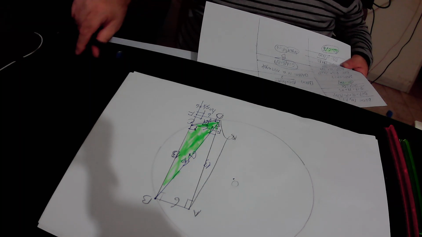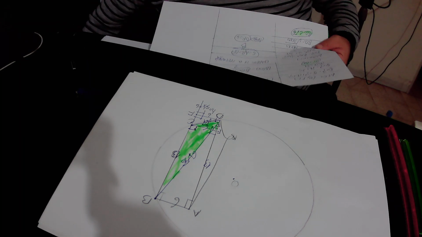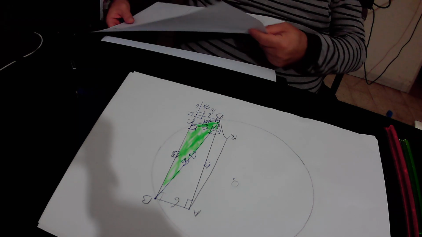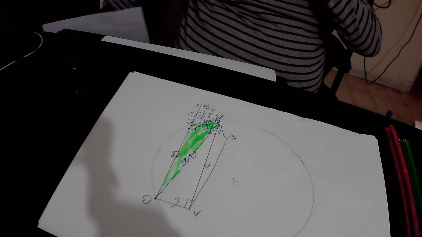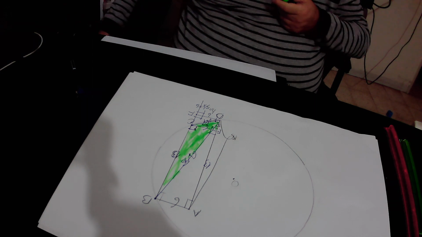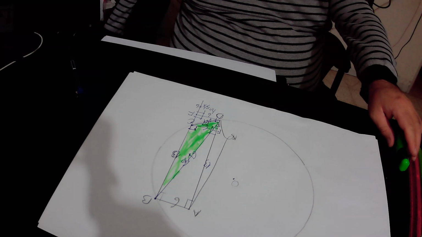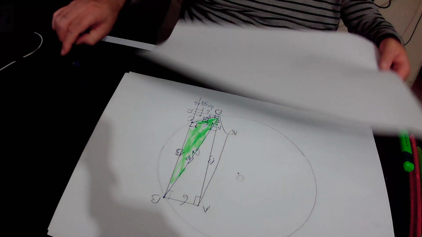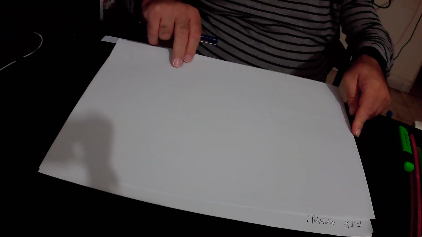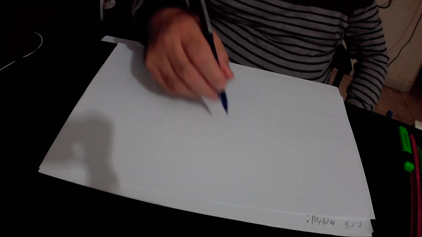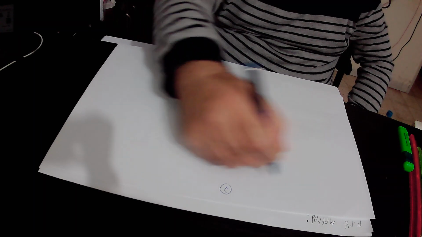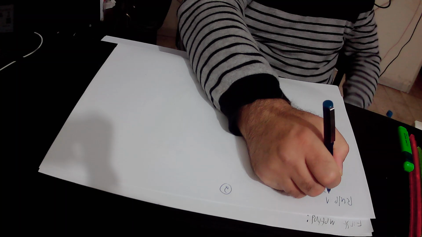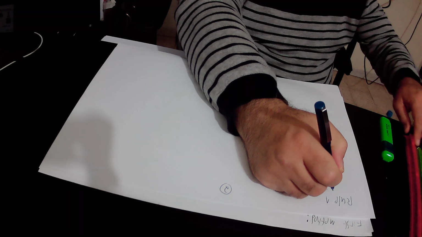In the next step, I will present to you a new rule, and we will implement the new rule in our drawing. So this will be rule number 1. According to rule number 1,